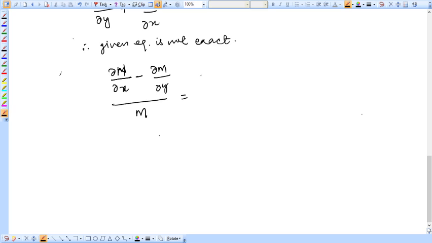So you see, y cube minus 4, minus 4y cube minus 2, upon M, which is y to the 4 plus 2y. It is equal to